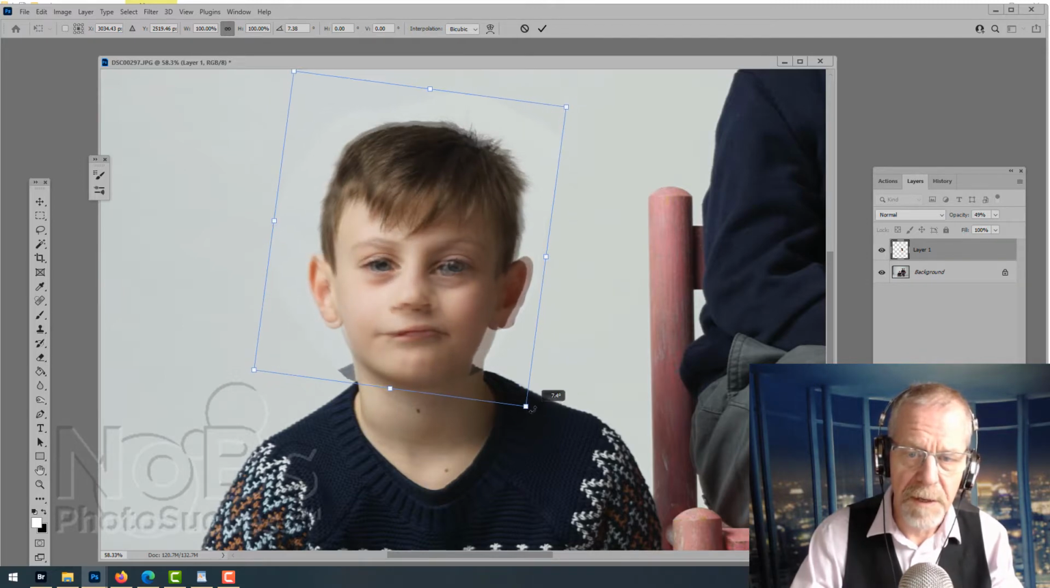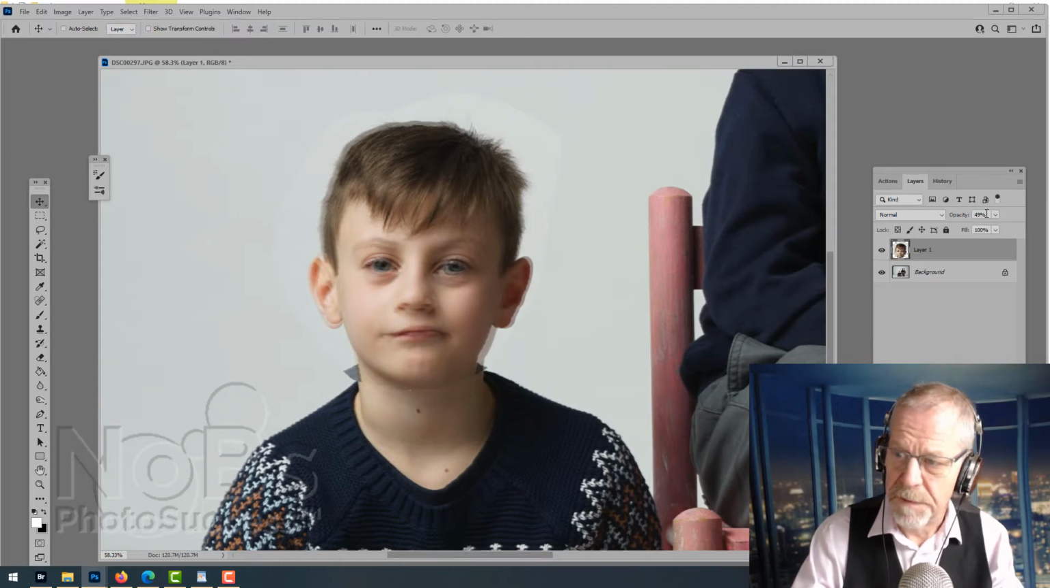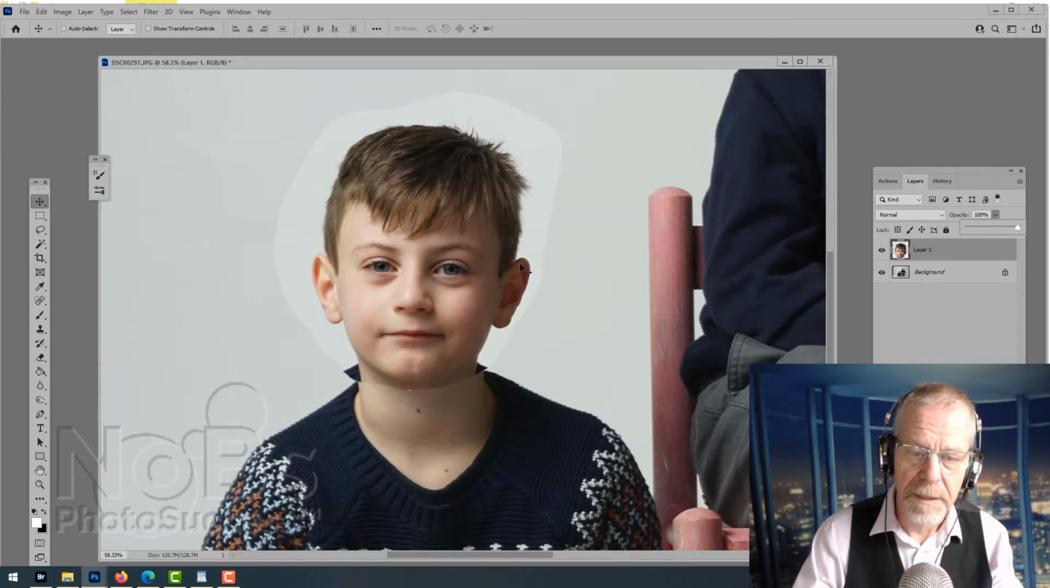This is the trickiest part. Tilting the head again some more. See, I'm looking at the ears here. You're not going to get it perfect, by the way. But close enough is close enough, as long as they can't tell. Okay, I'm going to get that